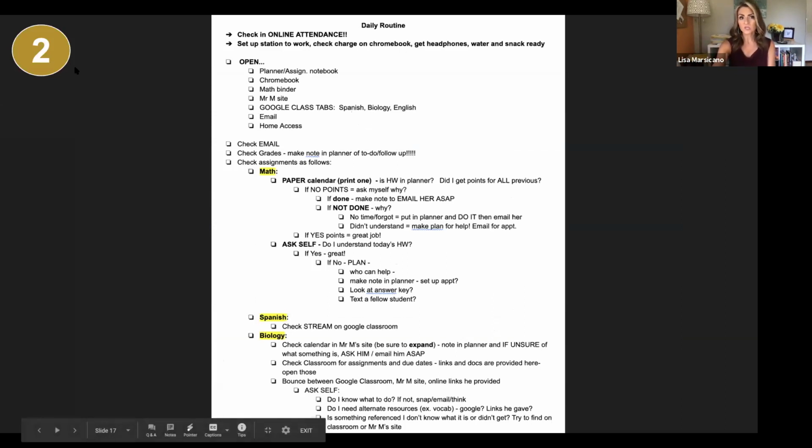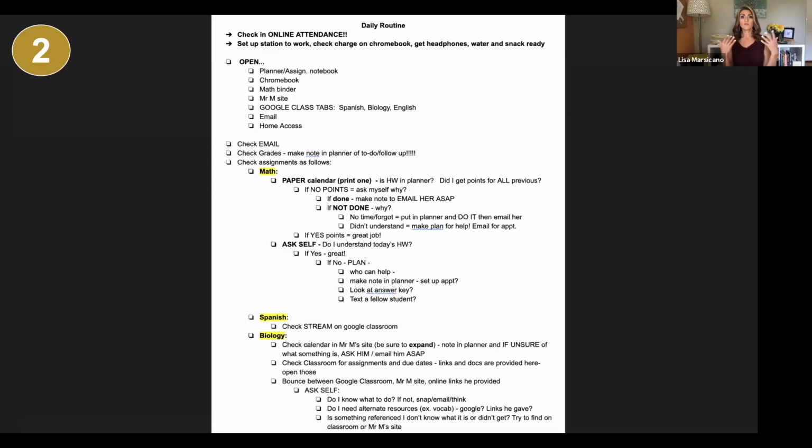We want you to make sure that step 2, this is your visual processes and plans. Every student needs to have a daily routine, and it can be as specific as this one that you see here. Kind of, here's everything I have to do. Don't forget to check in online for your attendance. This happened a ton to students. They're going to start caring about this. Your grades are going to count this year.